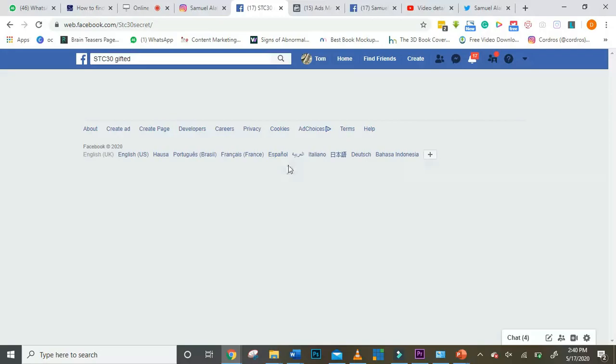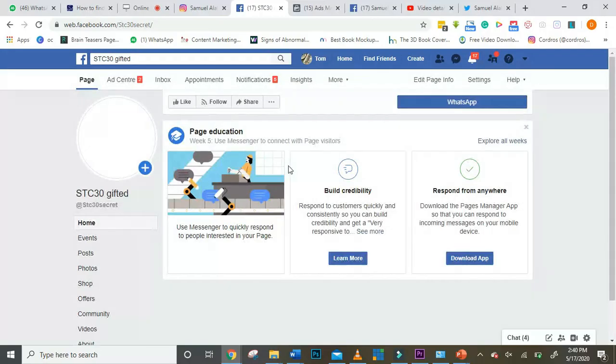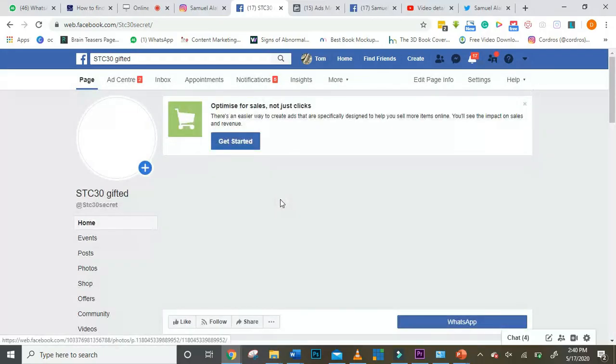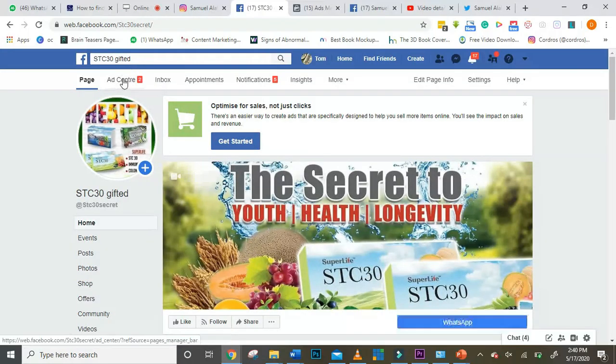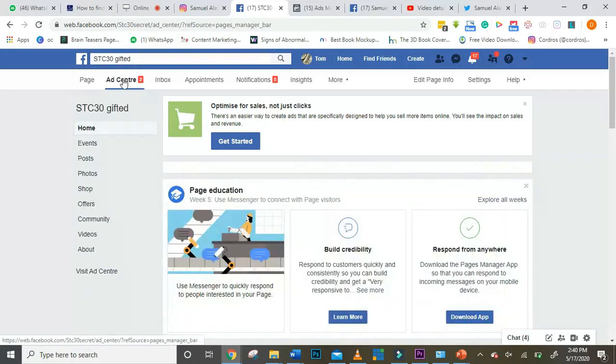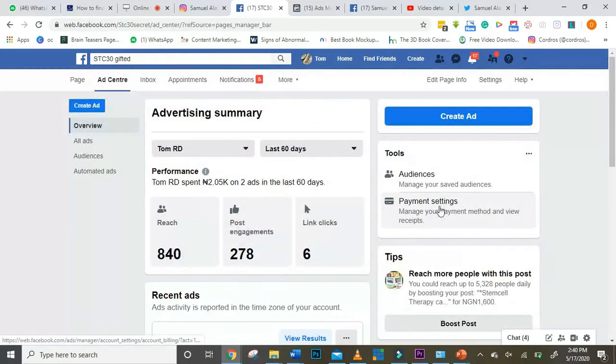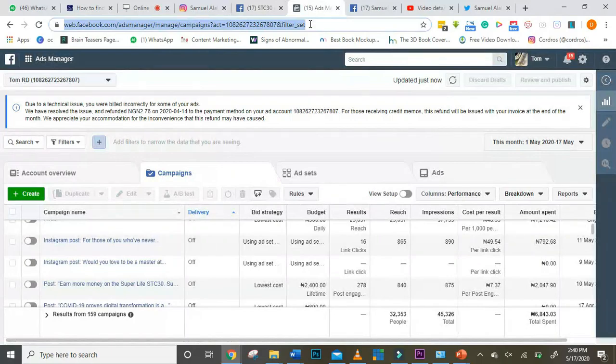There are two ways you can set up payment in Naira. Number one, you can do it from your page. This is the page, and on the ad center here it shows the payment settings. If I click on the payment settings, it takes me directly to payment settings. Also, you can just use a link,